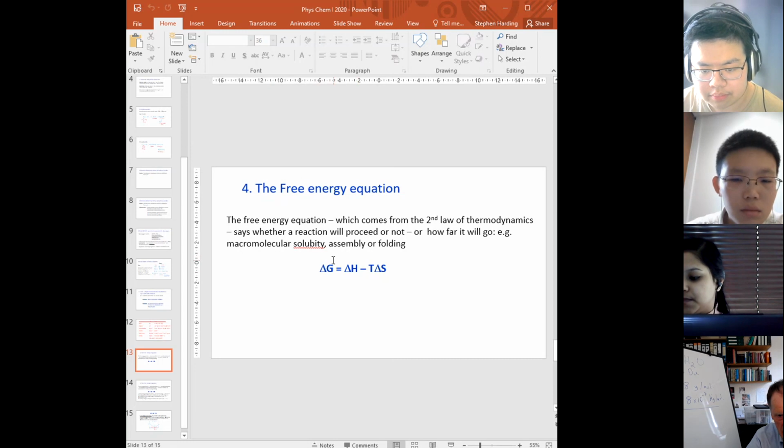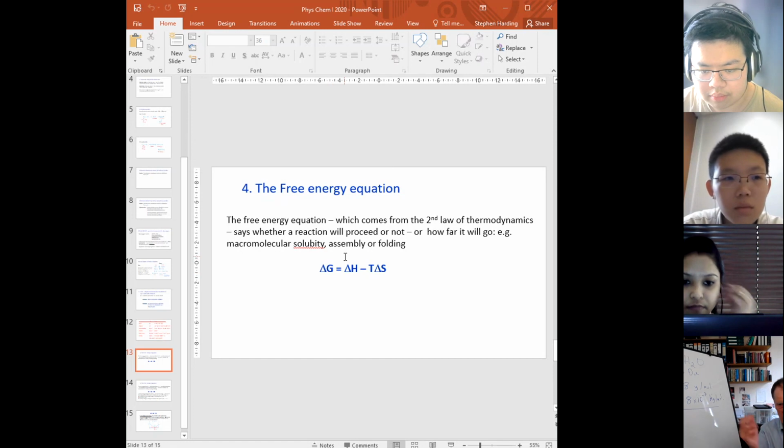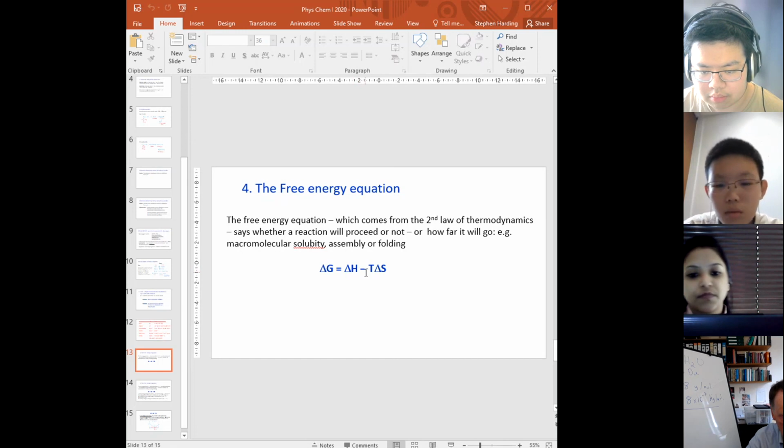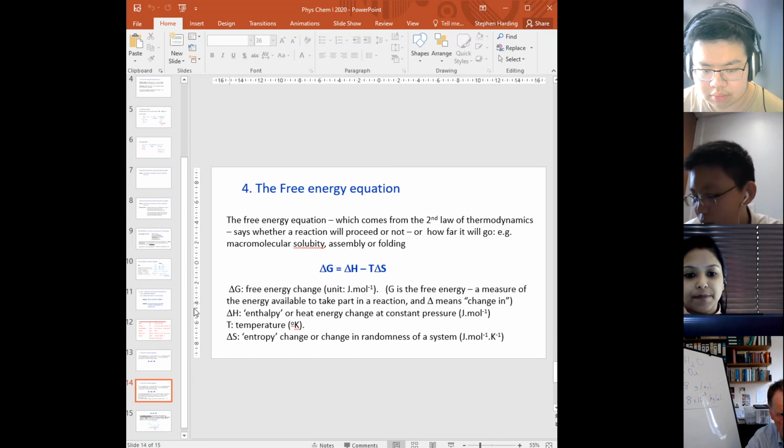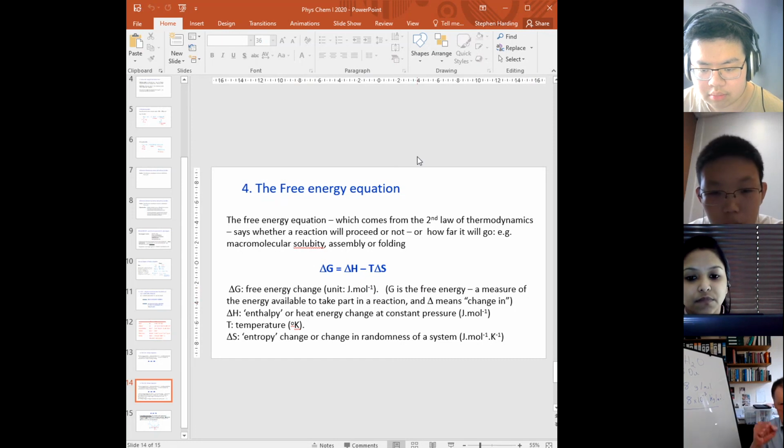The change in free energy, energy that's available to take part in a reaction, equals delta H minus T delta S. Delta G is the free energy change, units joules per mole, and G is the free energy, the energy available to take part in a reaction, and delta means change, so